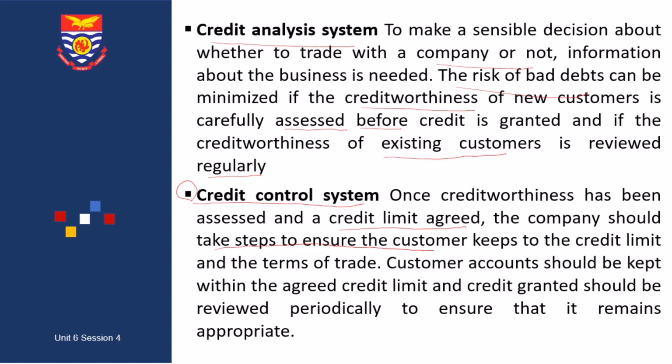So we've assessed the creditworthiness, we've granted the credit to the customers, maybe 30 days to pay, 40 days. The credit control system ensures that the customer keeps to the credit limit and also the terms of the trade. Customer accounts should be kept within the agreed credit limit,